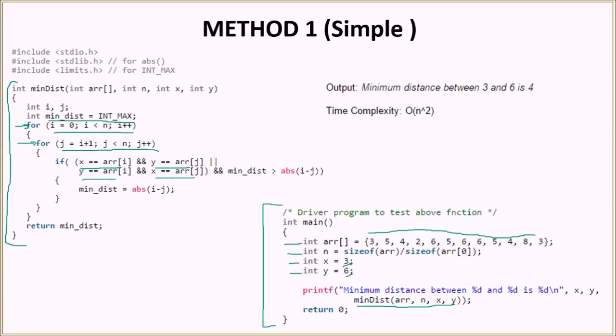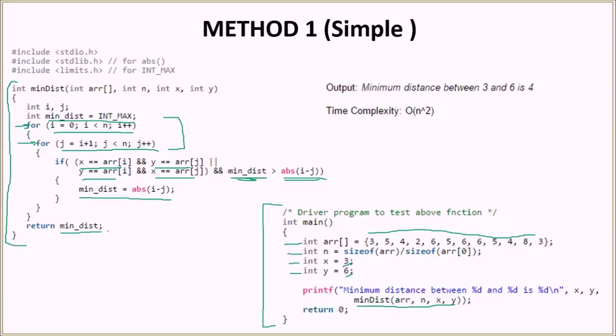If any of these conditions is true and the minimum distance till now is greater than the absolute value of i minus j. Remember, i and j are the index variables here. So the minimum distance will be compared to the absolute value of the difference between i and j. And if the minimum distance is greater, then we update the minimum distance with the absolute value. So we try out all the combinations using these two loops, and in the end we return the minimum